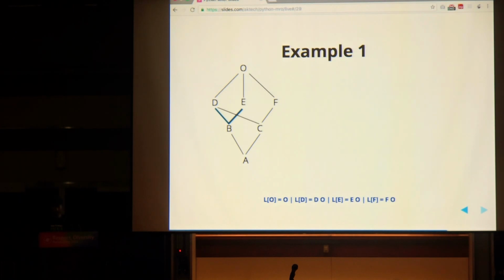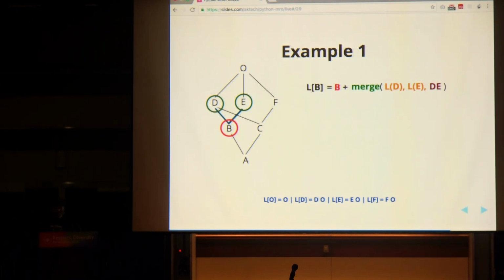So let's take another non-trivial example. We are finding the linearization of class B here. The linearization of class B is equal to class B plus the merge of the linearization of the parents of B, that is D and E, and the list of parents of B, that is D, E. The linearization of D is a list of classes, and the linearization of E is also a list of classes.